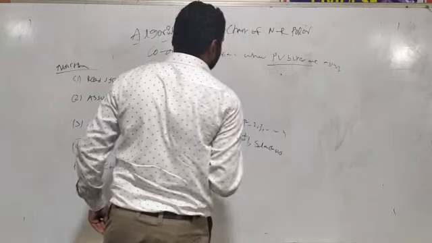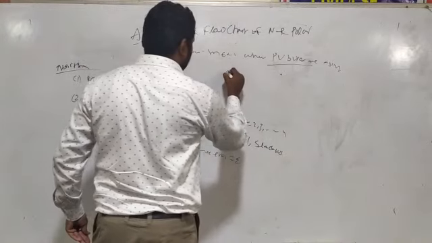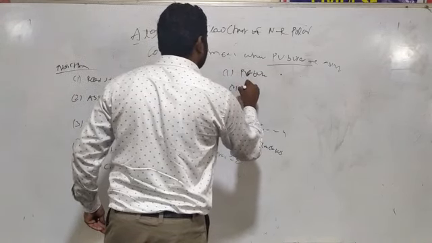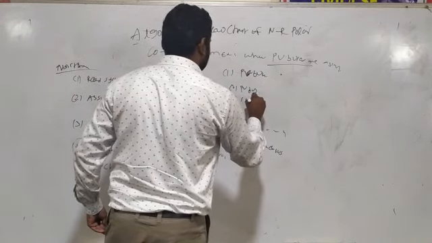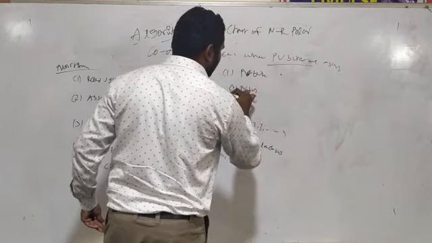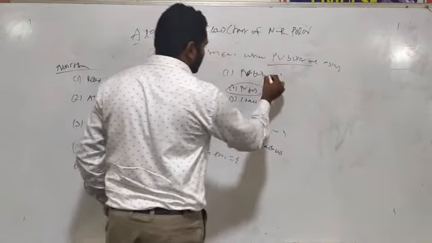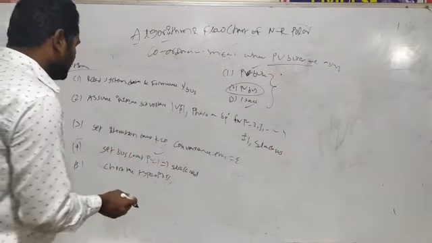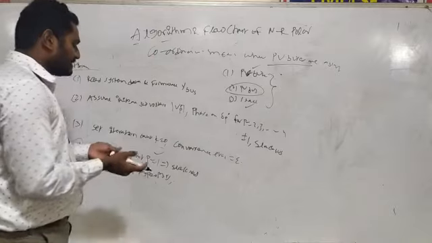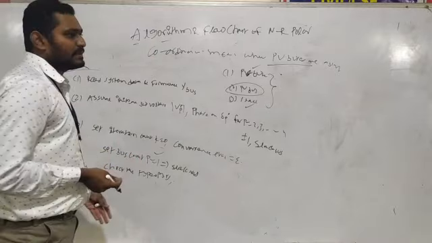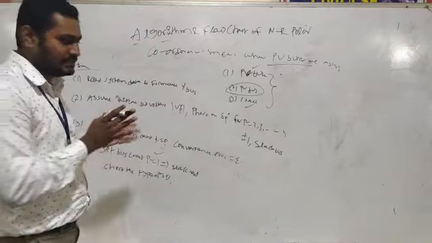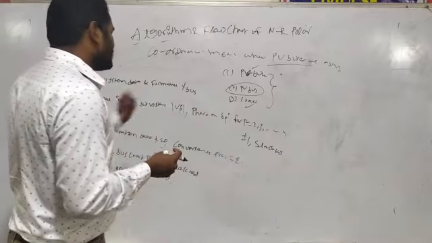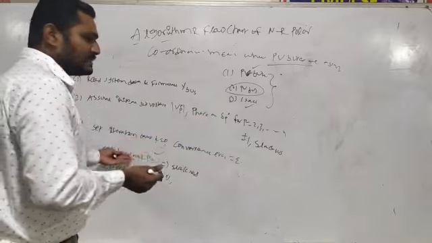If the bus is a PV bus, that is already absent in this method. We have already said that three buses are there: first one is PQ bus, second one is PV bus, and third one is slack bus. In this concept the PV bus is absent, and the remaining two buses, PQ bus and slack bus, are present. So if bus p is equal to 1, that means the slack bus is present, then go to the next step. Because the slack bus is a reference bus, we don't consider it in any problem. That's why we are moving to the next bus, that means we have to increment the bus count, which is step 6.